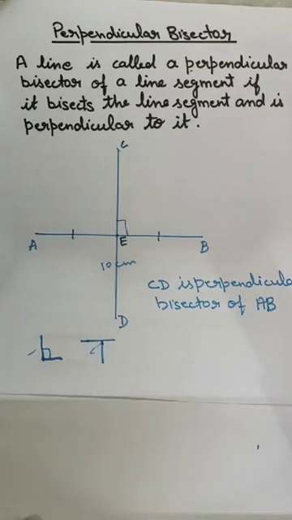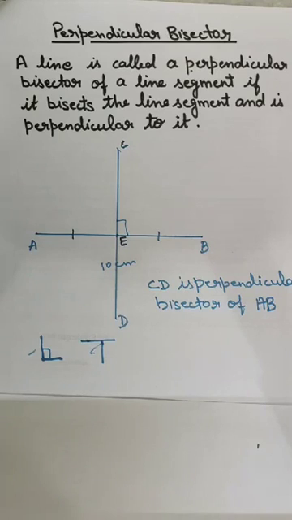Let me ask you now some questions. What about the adjacent sides of the tabletop? What do you say? Adjacent sides of the tabletop, are they perpendicular or the perpendicular bisector? Adjacent sides of the postcard, are they perpendicular or perpendicular bisector? They all are perpendicular. Adjacent I have told you.